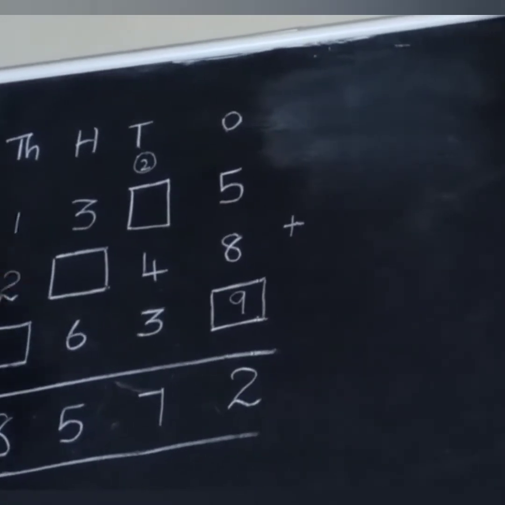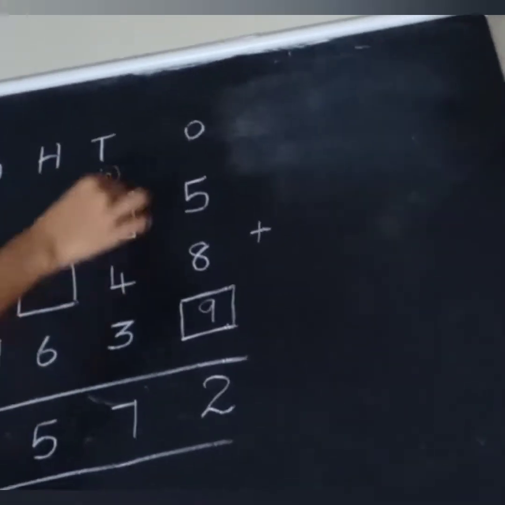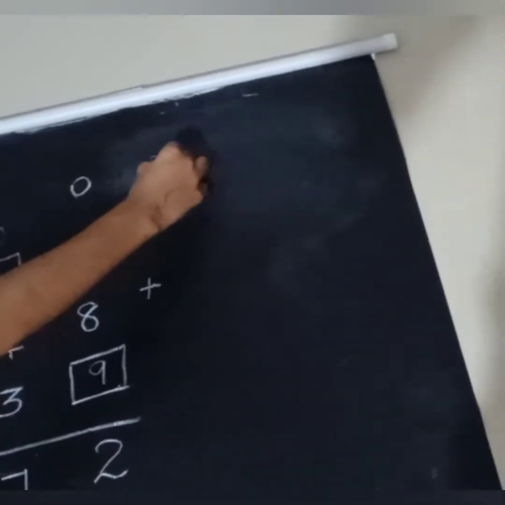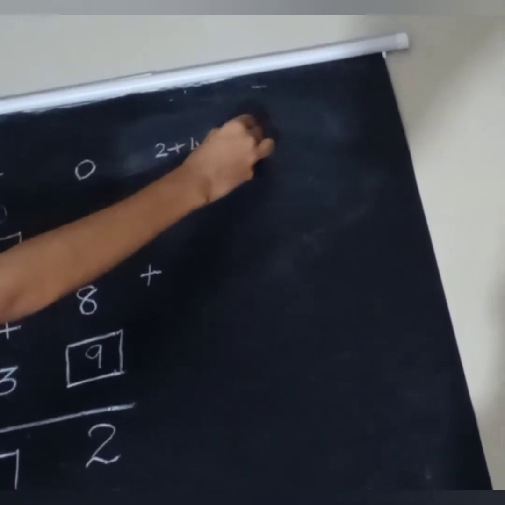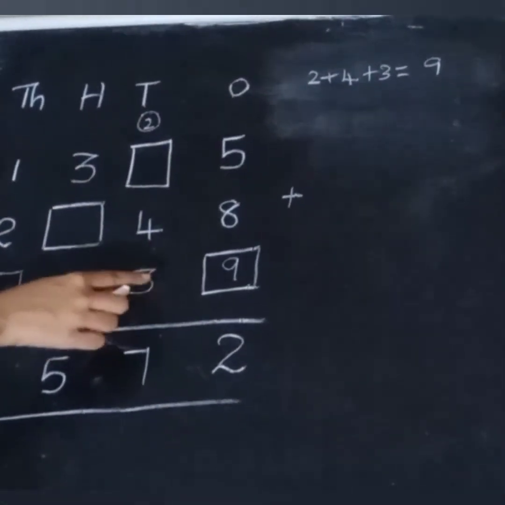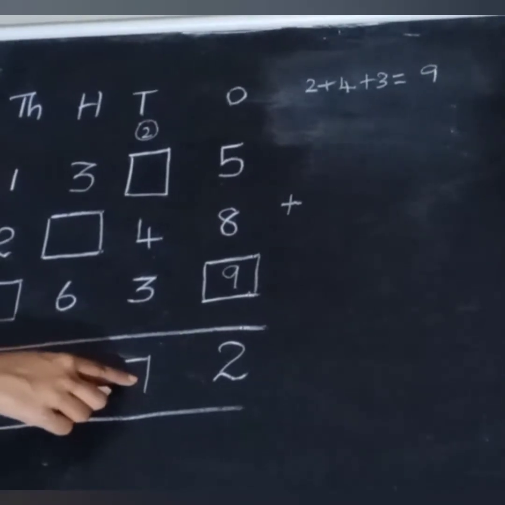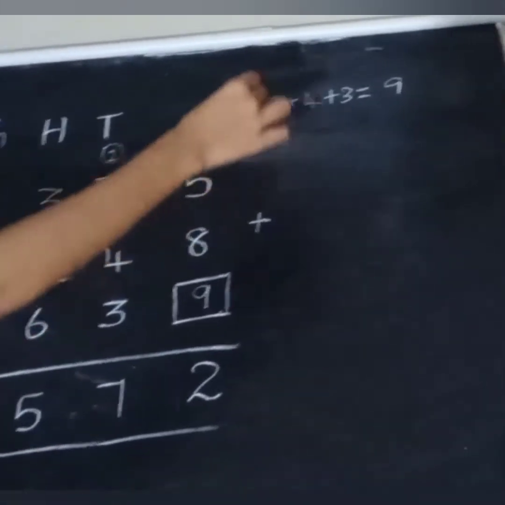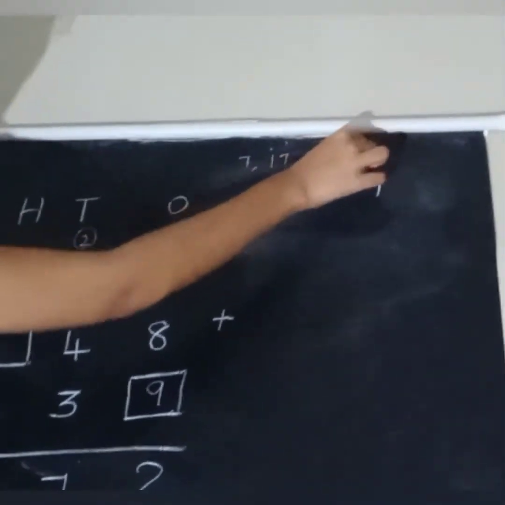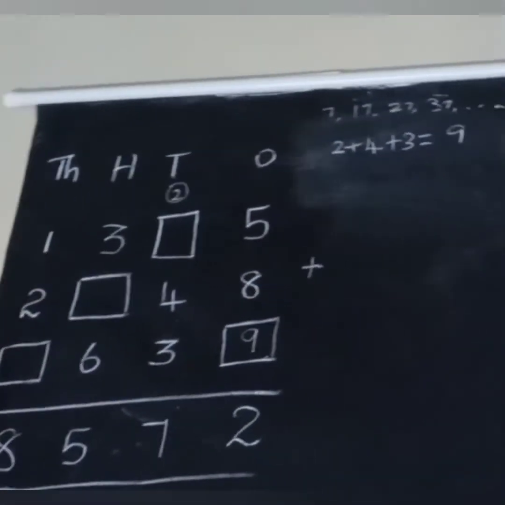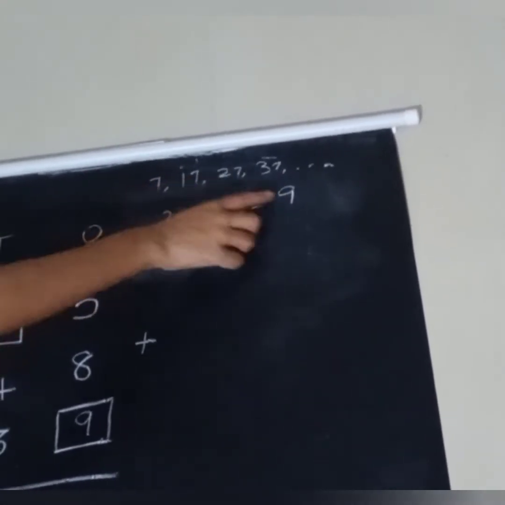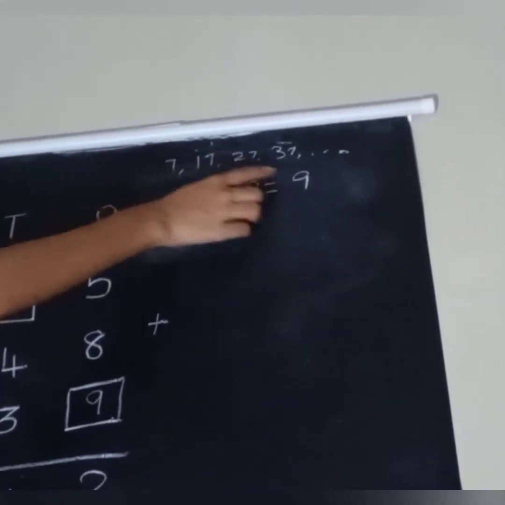You have to add all the numbers given in that tens place. 2, 4 and 3. So 2 plus 4 plus 3 equal to 9. Now what's the answer part? 7, right? Now we can write all the numbers that end with 7: 7, 17, 27, 37, etc. Now compare each number with 9. Now see the first number 7. 7 is less than 9, so we don't want to select that.